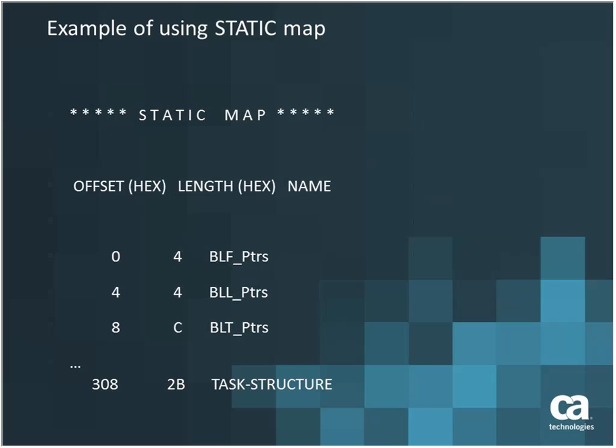Find the 01 item that you're interested in, and again, I've massaged this item to make it a little more readable. The beginning is as it would look in the listing, and then I took out a bunch of variables, just to make it fit on the screen a little easier. And as you can see, task structure in this case starts at offset 308. So you would add 308 to 8, which is the offset of task num, to get the location of that